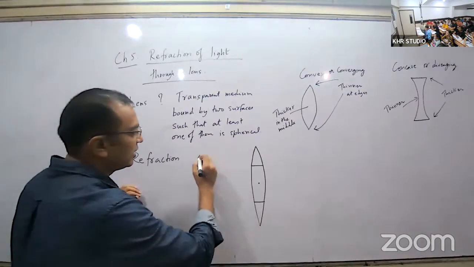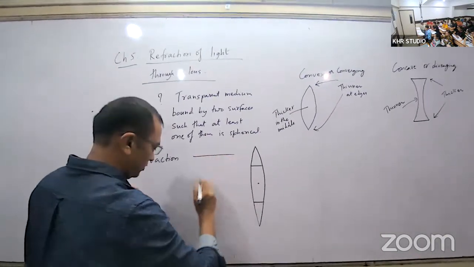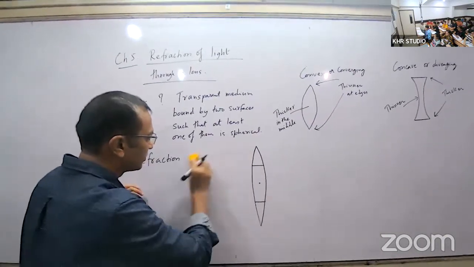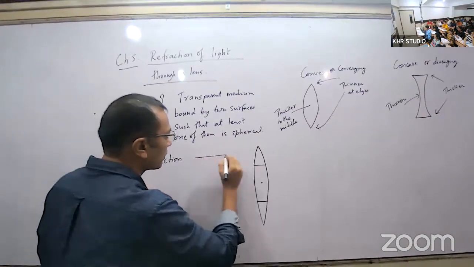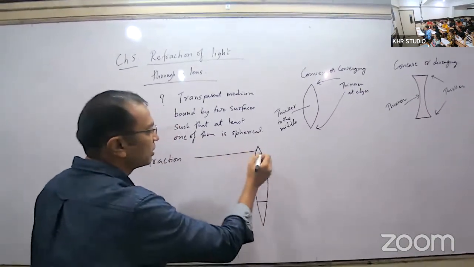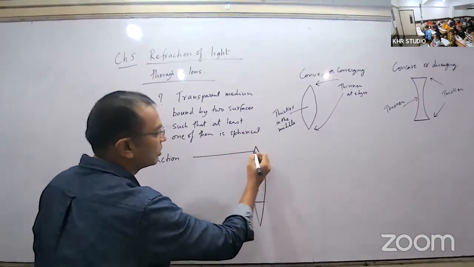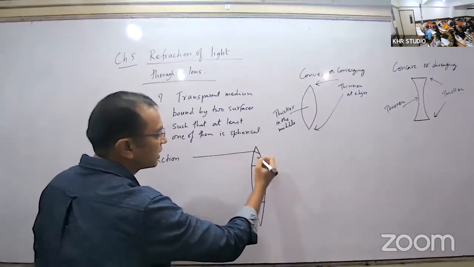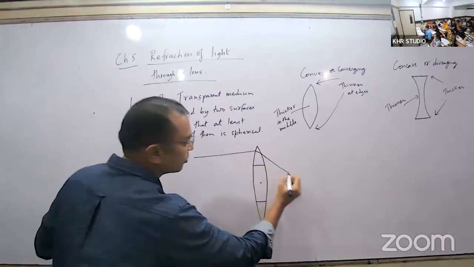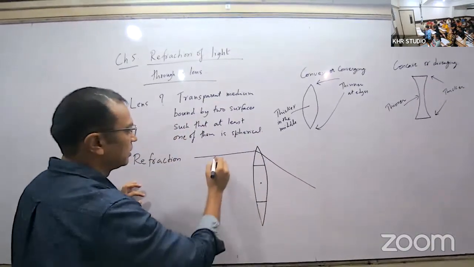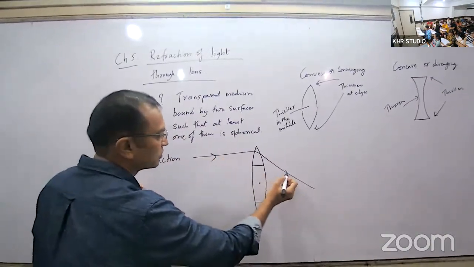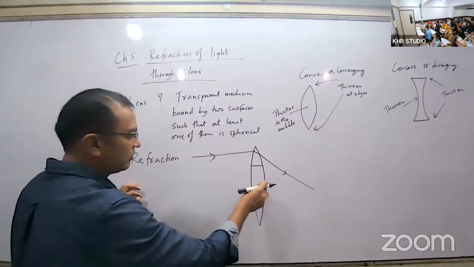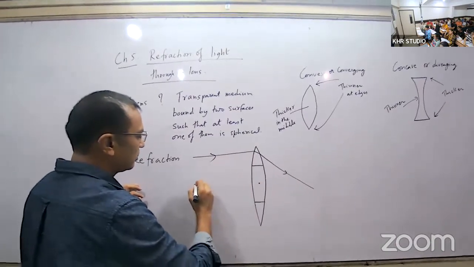So let us say the light comes here from the upper part of the lens. This is one normal, so it will bend towards the normal. And then this is the second normal, it will go further away from the normal. Okay. So this is how it should be, right? And if this is a rectangular glass slab,